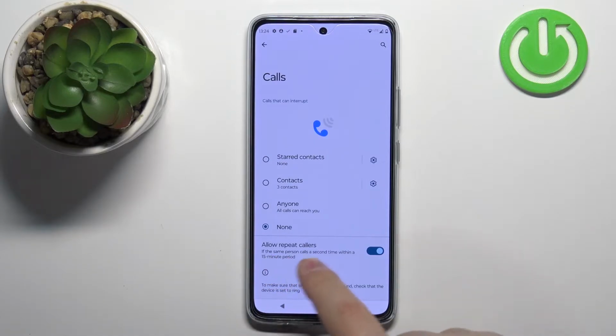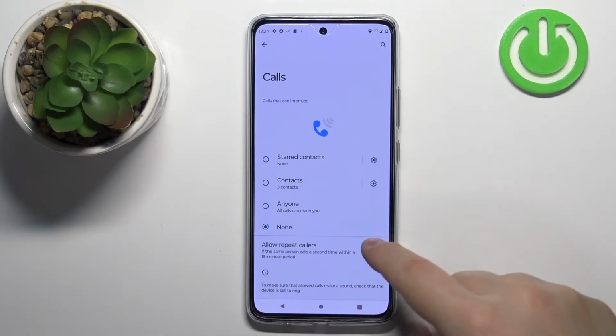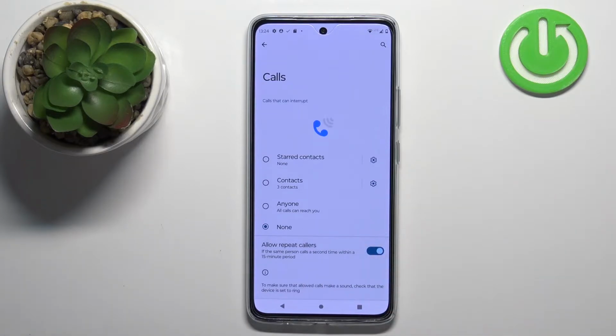And below we have an option called Allow Repeat Callers, and you can enable it or disable it. What this option does is basically if somebody calls you more than once within a 15-minute period, the call will go through. So the notification will go through. It's gonna interrupt the Do Not Disturb mode. Okay, let's go back to the